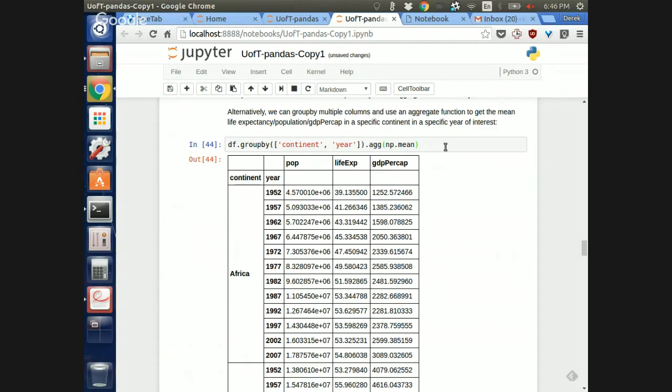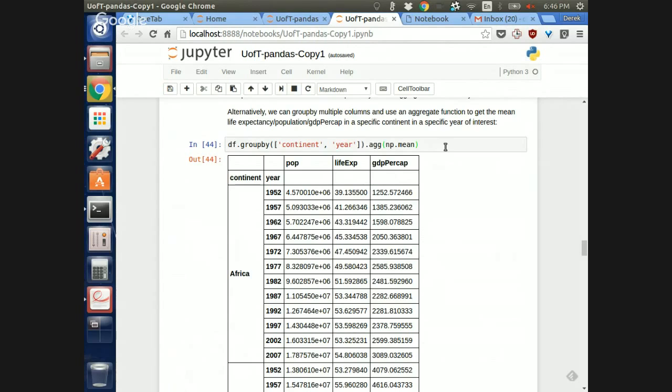Here it's actually giving me all this data for all the leftover columns because I didn't select any. If I only cared about life expectancy like before, I could select the column here, either with dot notation by saying dot life expectancy dot aggregate mean, or I could select it with a list. So basically this is giving me a new data frame with a constant year in the index,